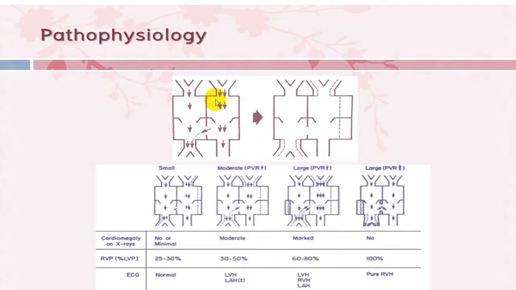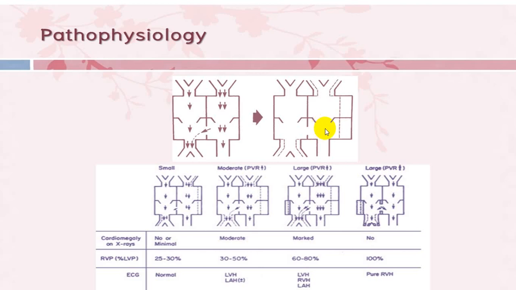So very easy to understand. Because of the defect, blood will flow from LV to RV, increase volume overload. Because of increased volume overload, now blood will go more to the lung. All that blood will be getting oxygenated. That oxygenated blood will come to LA. That will result in left atrial enlargement and left atrial hypertrophy. More blood will come to LV. So you will have LVH, dilatation plus hypertrophy. So you have got LA and LV being enlarged and dilated, and hypertrophy.